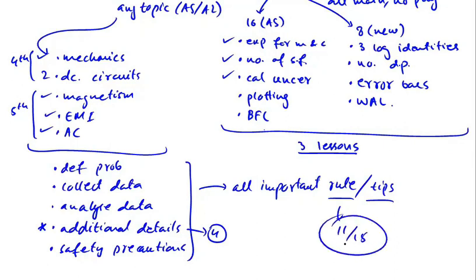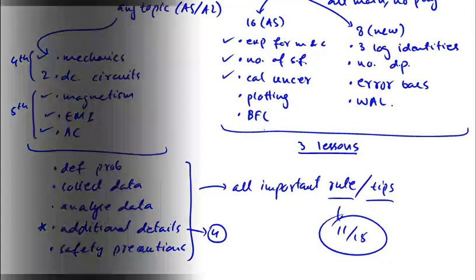It doesn't matter if the planning question comes from any topic other than these 5 topics. If you learn those rules and tips, I'm sure you'll be able to score at least 11 marks out of 15 in your planning question. So students, this was the brief introduction to paper 5 and highlight of our crash course. Let's now start our lesson formally.